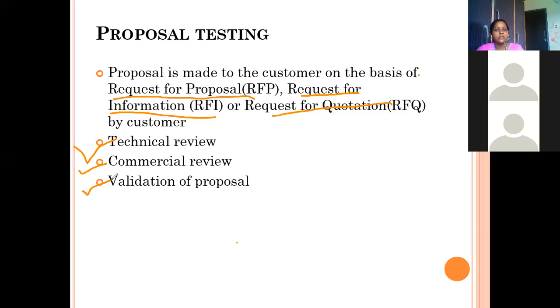Then coming to the validation of proposal. The proposal sometimes involves development of prototypes or proof of concept to explain the proposed approach to the problem of the customer. So one must define the approach of handling customer problems in the model or prototype. In case of a product organization, the product development group along with the marketing and sales functions decide about a new release of the particular product. So this is the validation of proposal.